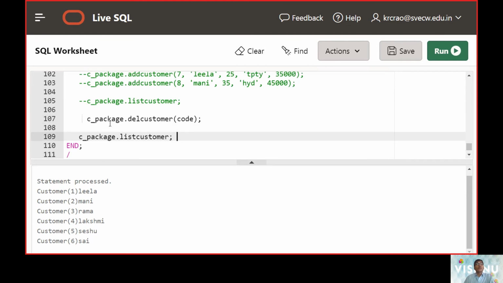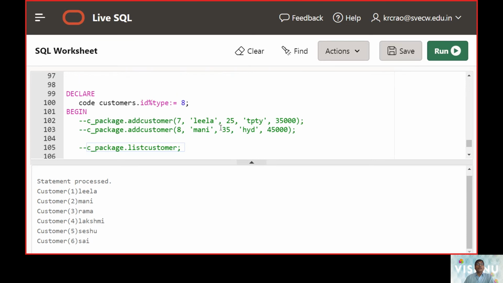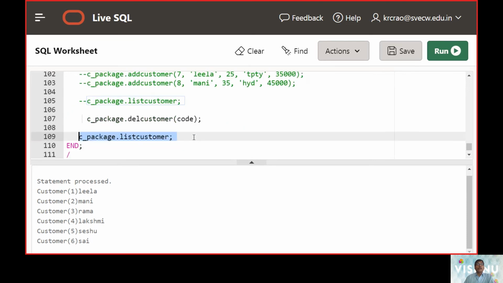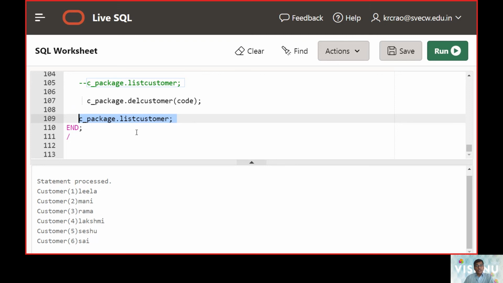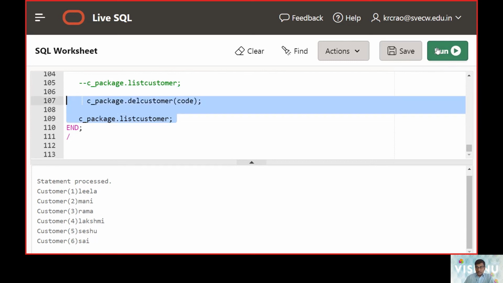For that, we use the package name followed by the delete procedure. Then we check whether the record we have supplied, ID number 8, Mani's record, is removed. So we should expect only 5 rows instead of 6. That is the target.